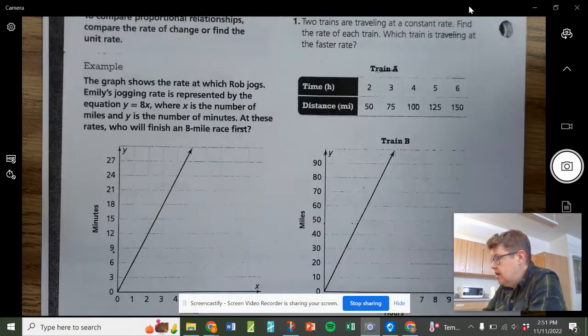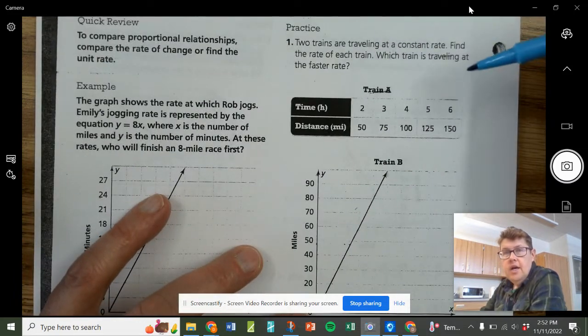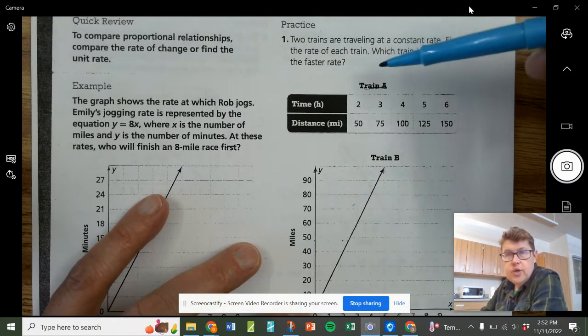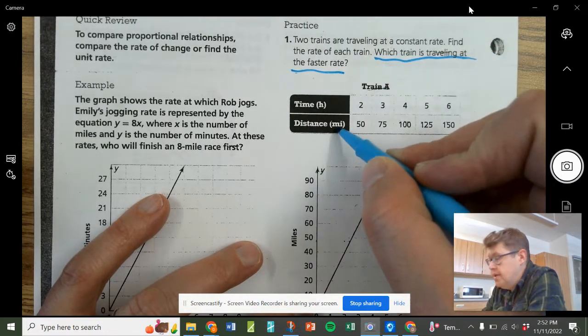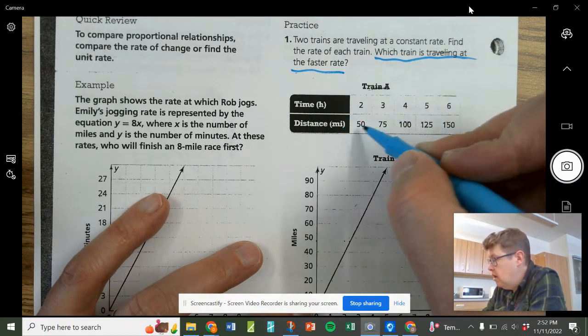Okay, so moving on here, we have two trains traveling at a constant rate. Find the rate of each train. Which train is traveling at the faster rate? So this is our question we're looking for. So we want to find the speed, right? Miles compared to hours, right? So our rise